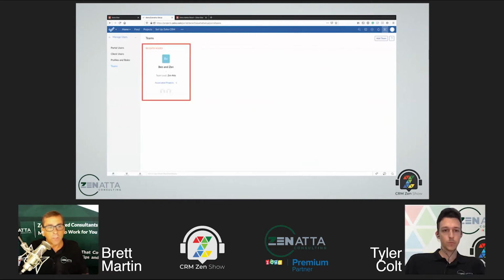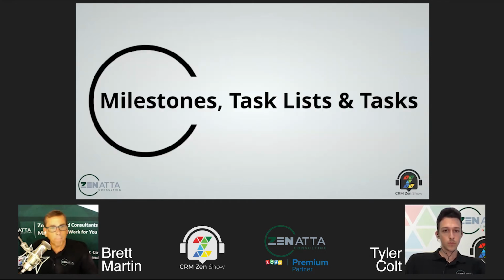And then once you've created the team, it gives you your team names. All your teams will automatically be created, so when you do a new project, it's easy to just add a team to that project. Everything you've set up for that team will then be associated with the new project when you set that up. And with that, we'll flip it over to Tyler and we can talk about milestones, tasks,